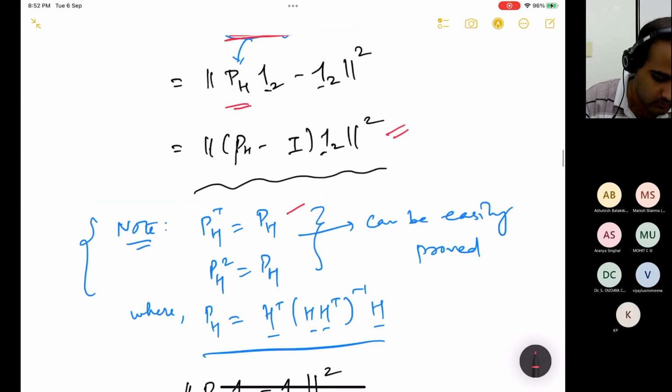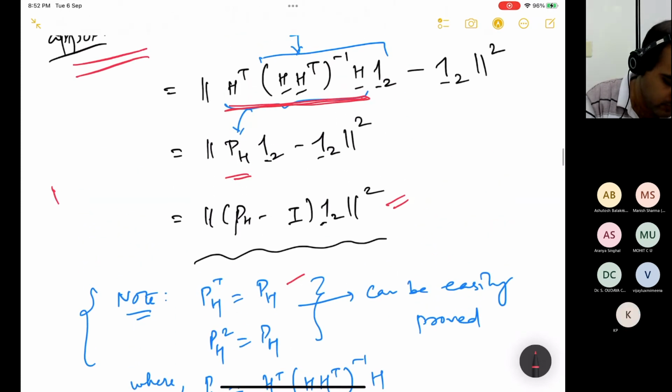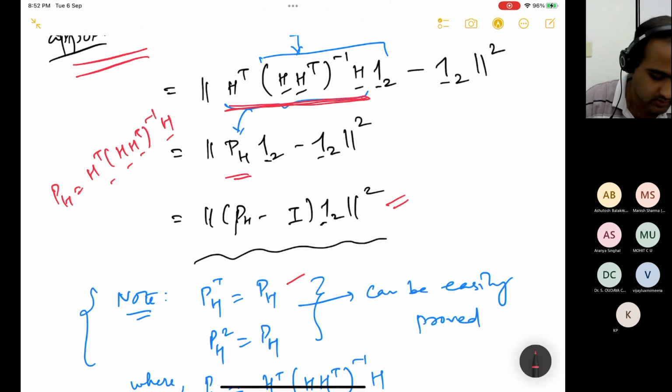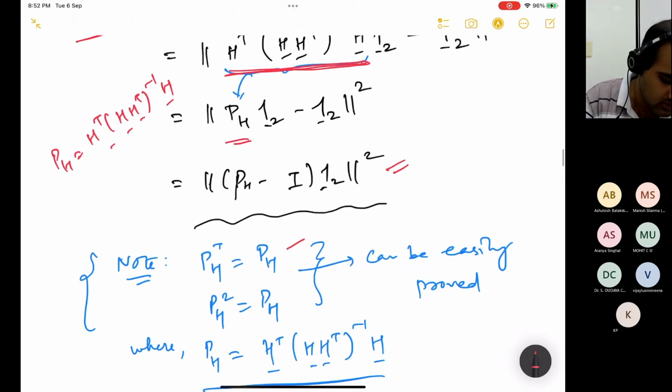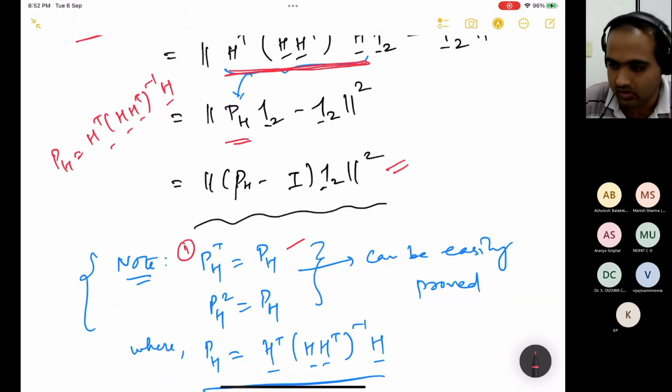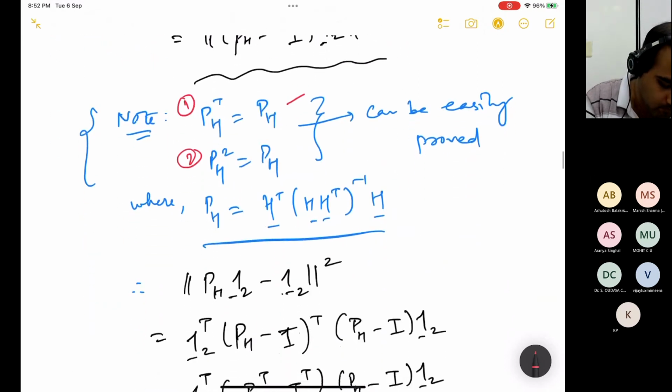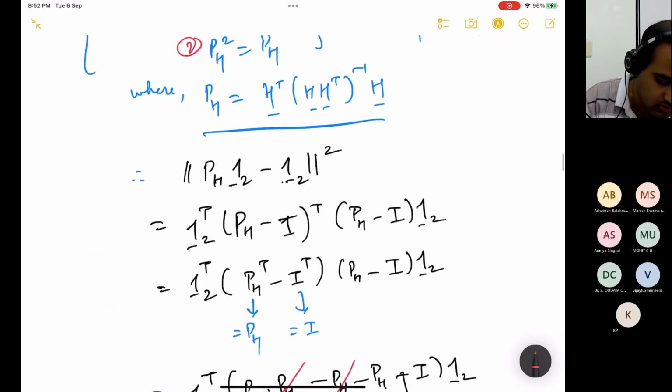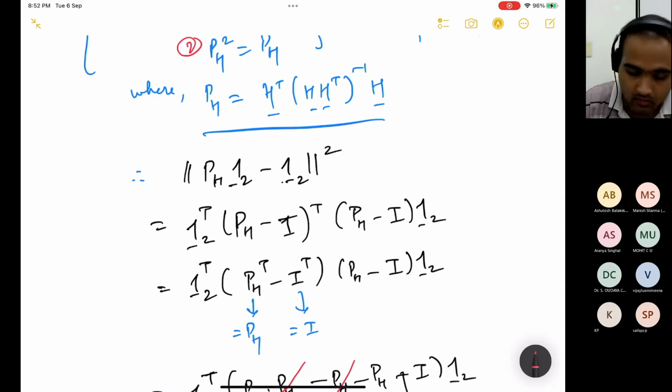What is PH? PH is H transpose inverse H, right? So the first claim is that PH transpose is PH. The second claim is PH square is also PH, right? So if we use these two properties,